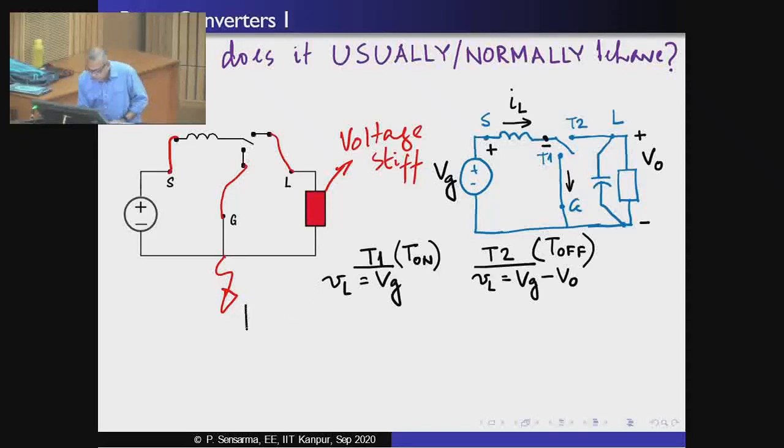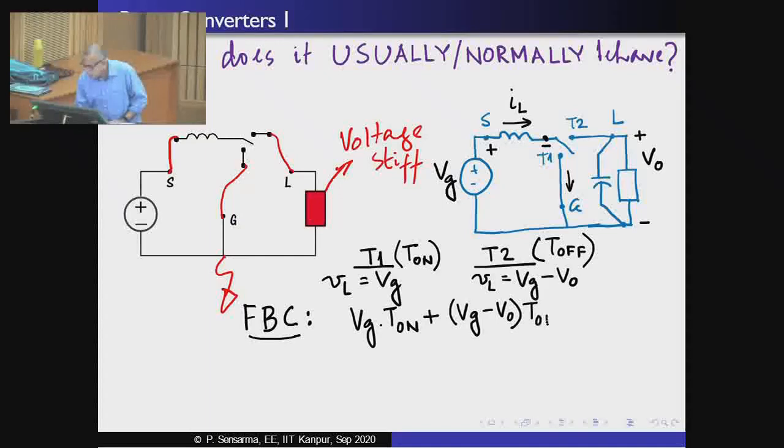So, what the flux balance condition says is Vg multiplied by T on plus Vg minus Vo multiplied by T off is equal to 0. That was the inductor voltage in the T on interval, and this was the inductor voltage in the T off interval. We are considering that Vg is a constant and Vo is a constant, they do not change much. Therefore, the integral is just taking the value in that interval multiplied by the length of that interval. So, this integral consists of two parts, and let us see what is the